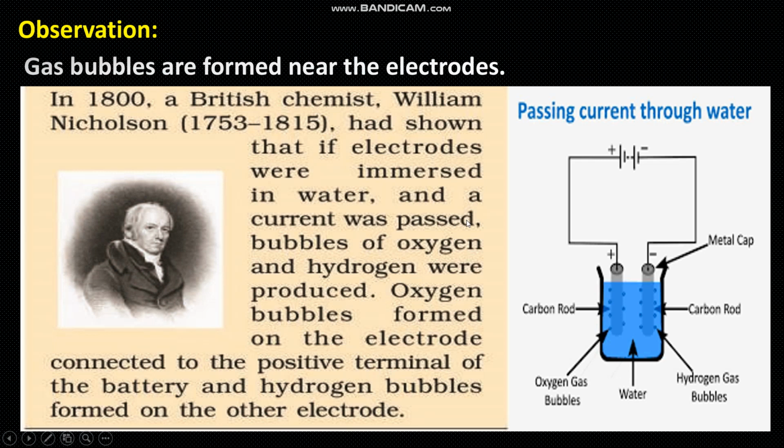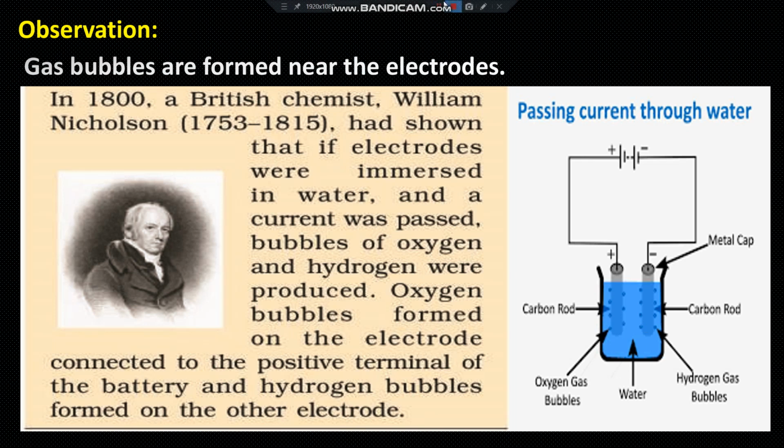So in 1800, a British chemist, William Nicholson, had shown that if electrodes were immersed in water and a current was passed, bubbles of oxygen and hydrogen were produced. Oxygen bubbles were formed on the electrode connected to the positive terminal of the battery and the hydrogen bubbles formed on the other electrode. So here you can see when current is passing through this